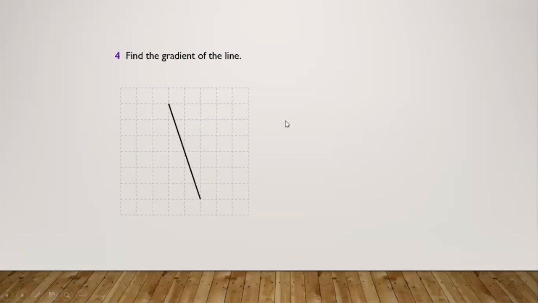Now here the line, it is sloping from where? From left to right. So the slope is going to be negative here. We start from the higher point. The vertical distance here is 6 upon 2. But since the line is sloping from left to right, it is going to be minus 6 upon 2, which is minus 3.